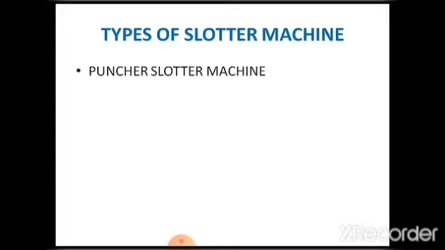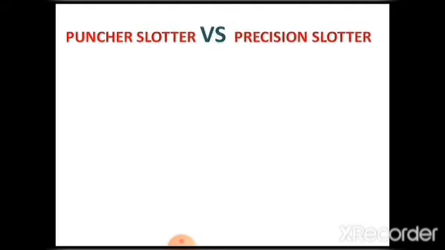नेक्स्ट हम देखते हैं टाइप्स, कि स्लॉटेड मशीन के कितने टाइप्स होते हैं। तो देखिए इसमें पंचर स्लॉटर मशीन होती है, प्रिसीशन स्लॉटर मशीन होती है आपकी। तो ये दो प्रकार की आपकी मशीन होती है। तो एक बार हम इसमें थोड़ा कंपैरिजन कर लेते हैं कि पंचर स्लॉटर और प्रिसीशन स्लॉटर में क्या अंतर होता है।